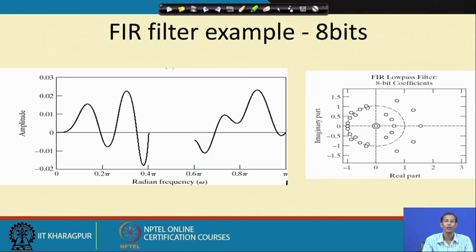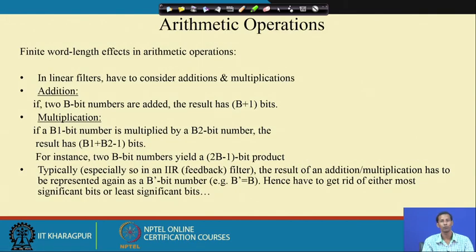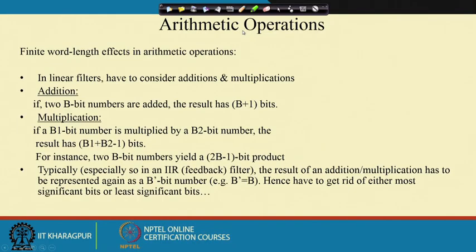If that is not met, then this is not the case I will consider. So, this is the fact we have to analyze from the beginning, from the implementation of the hardware itself. Then the quantization that may be required for the arithmetic operation too. In the arithmetic operation, for addition, if two b-bit numbers are added, then the result has to be of b plus 1 bits.